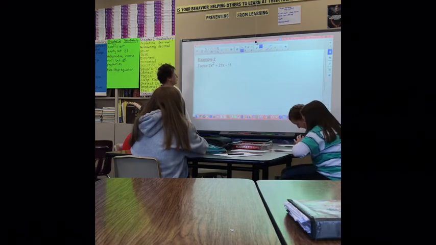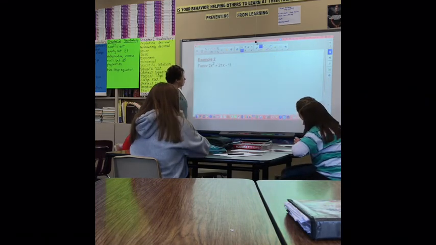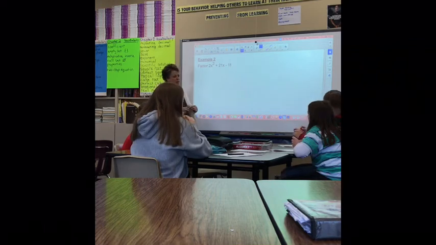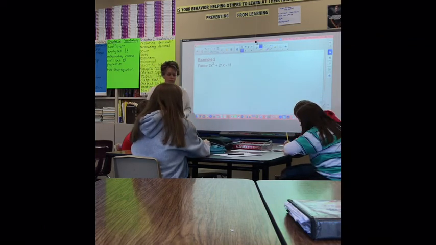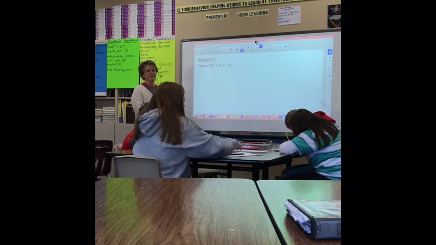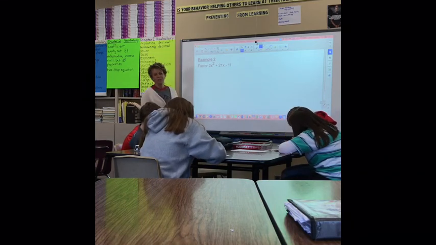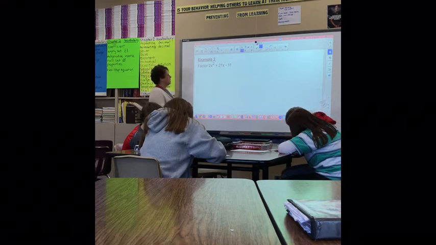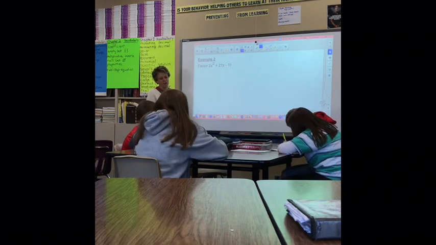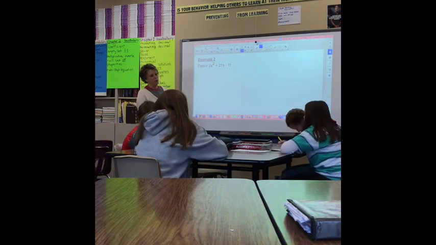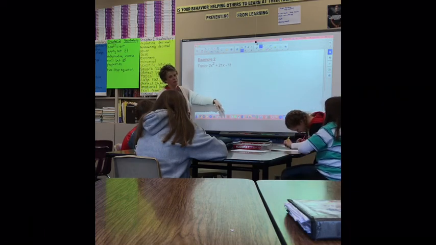Alright, is this example different than the one on your paper? Yes. Alright, change it to mine because I don't think yours works. Those of you that can, I don't think yours has a solution, right, to this. When I say solution, I'm saying that wrong, because we are just writing it in factored form. This is expanded form, we're changing it to